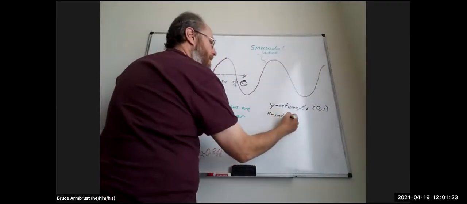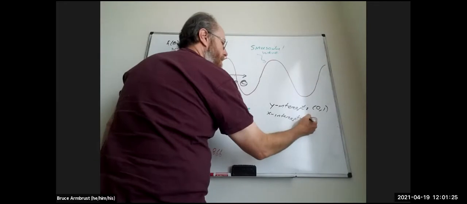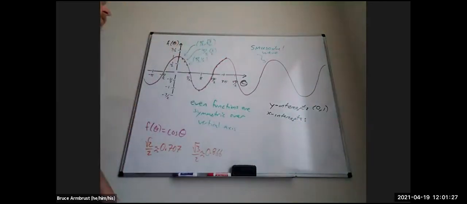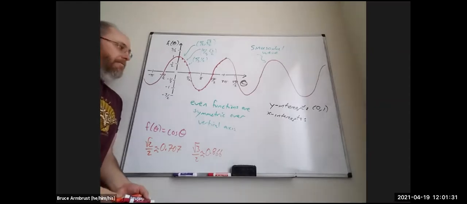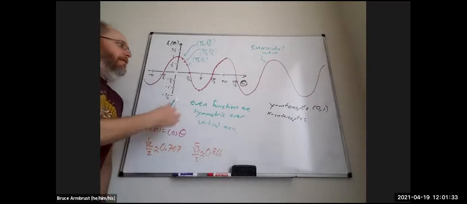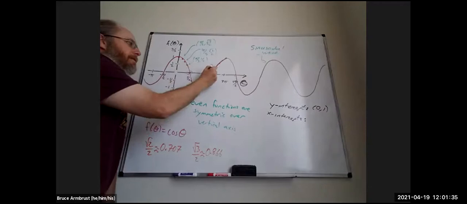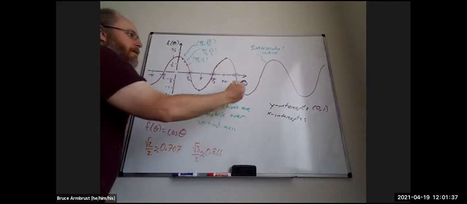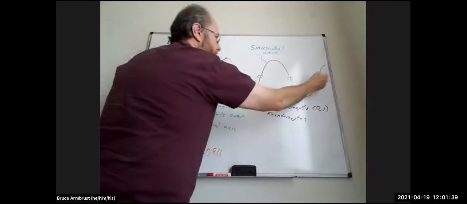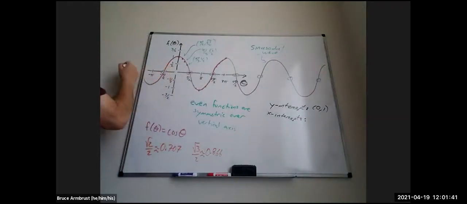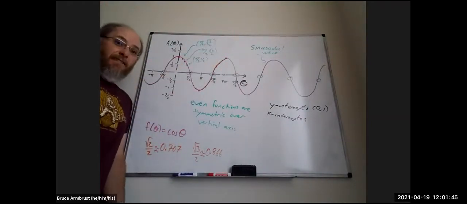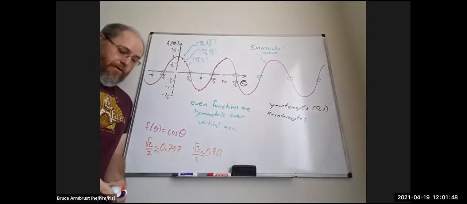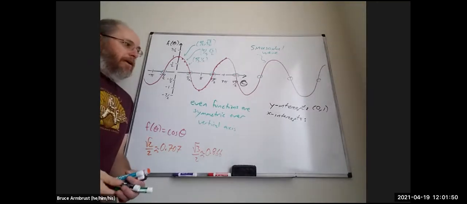When it comes to x-intercepts, there are more than one. In fact, there are an infinite number of them. Right? We got 1, 2, 3, 4, 5, 6, yeah, and they just keep going forever. So it turns out that there are tons of them, but they all